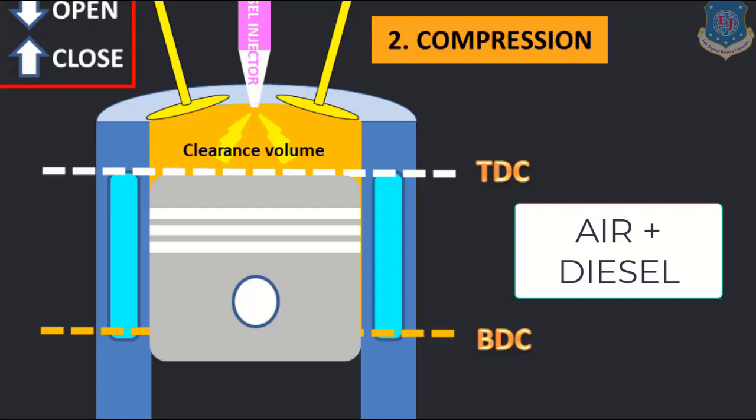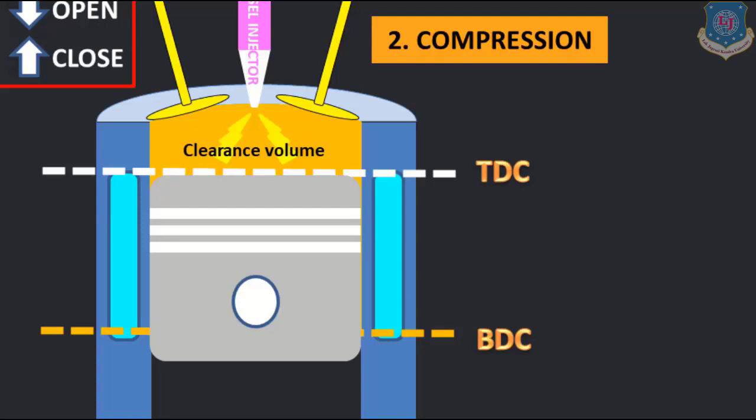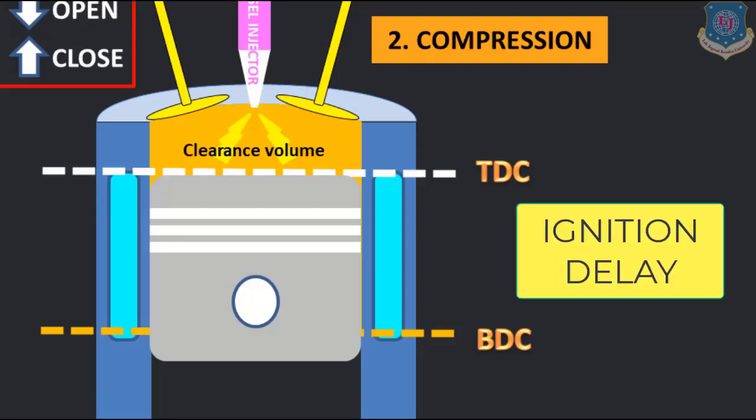So in the diesel engine, we are spraying, or injecting, diesel in the form of small atoms, so it will get mixed with the air, it will take the temperature of the air, and thereafter combustion will be done. All this phenomenon is called ignition delay, you all know that. Now what is ignition delay?